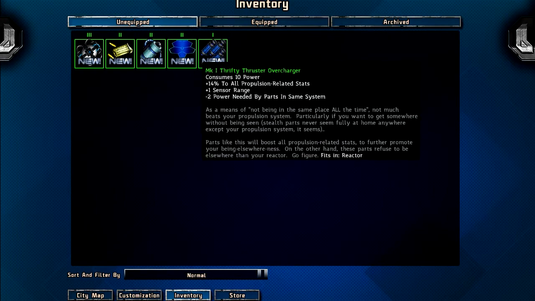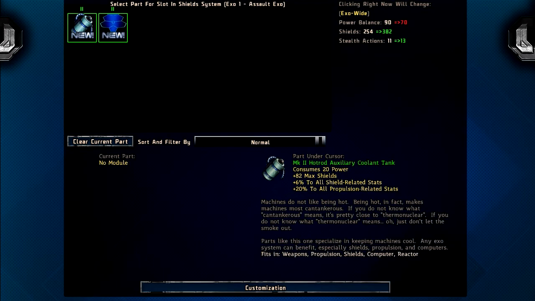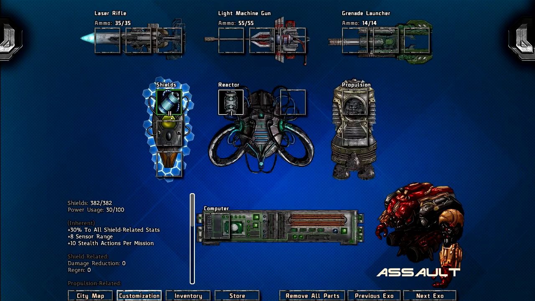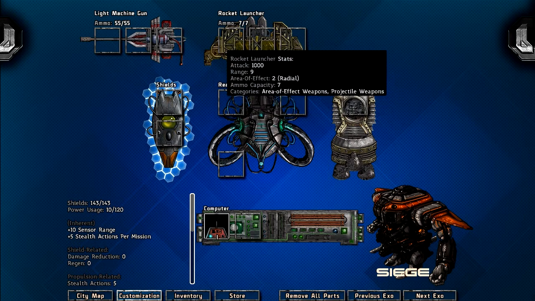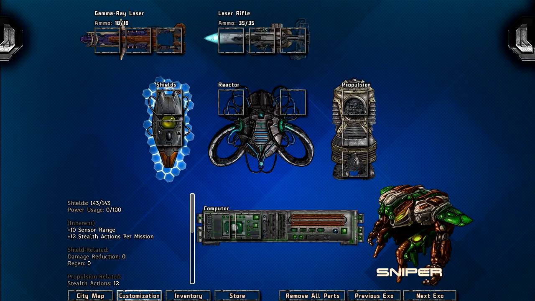Now, a lot of these are... This is all passive stats. Most items are. Let's go to customization. Let's throw... This one's the better one. And probably put the bonus reactor on him. Okay, let's go to the next one. My siege guy. Actually, what did this have? Area effect? No, just attack power. I want something with more area effect on him. I'll probably put this on...